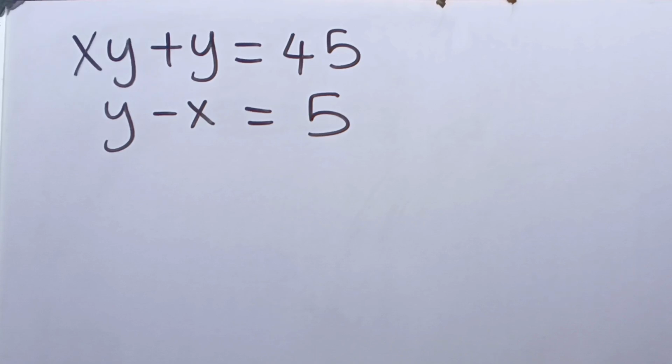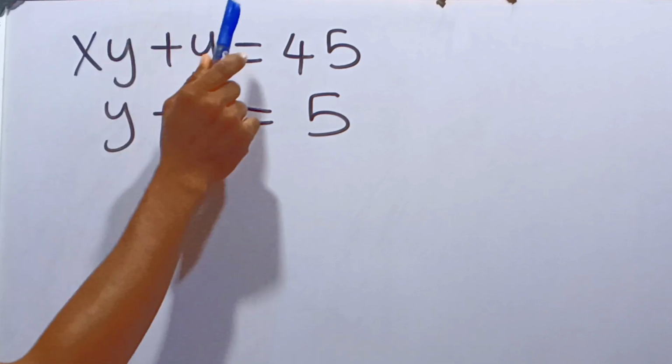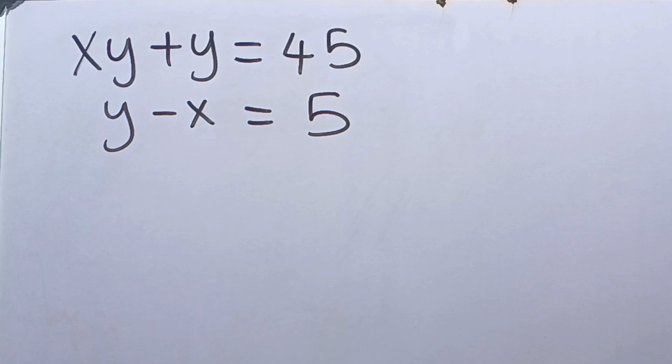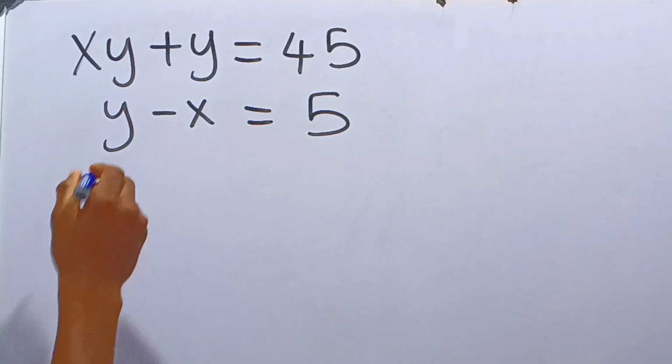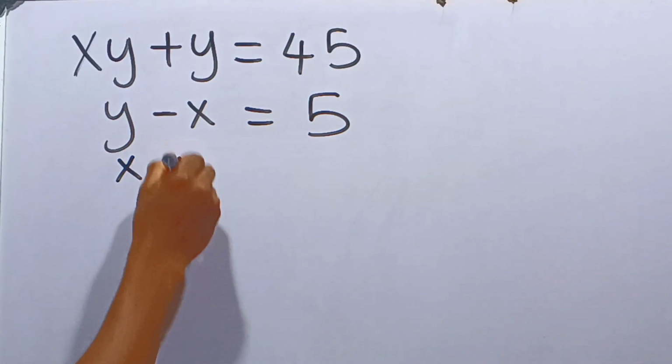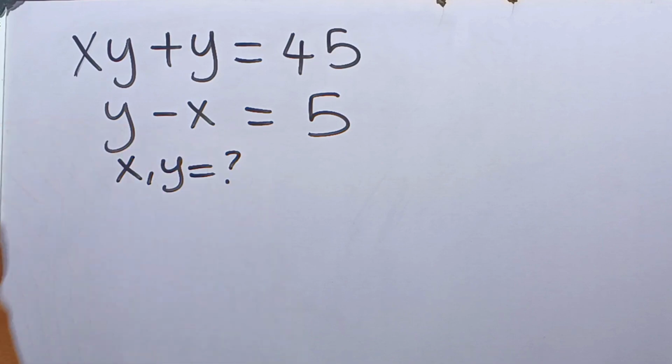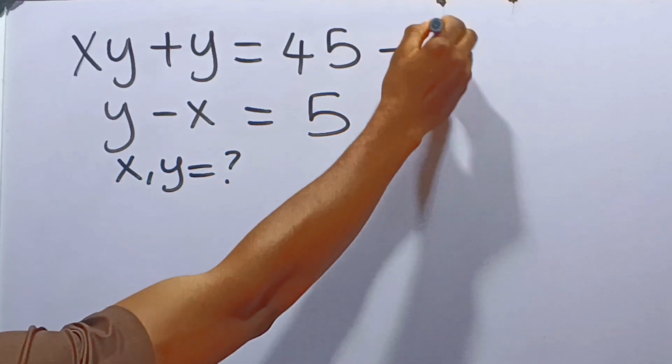Let's solve this together. It says xy plus y is equal to 45 and y minus x is equal to 5. We're required to solve for x and y in this question. Now, the first thing we can do here is to call this equation 1 and call this